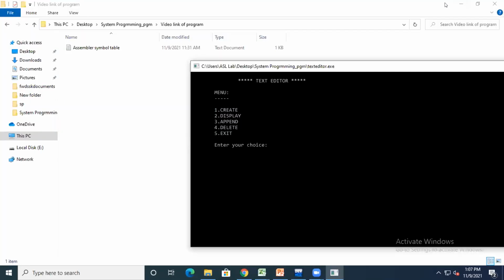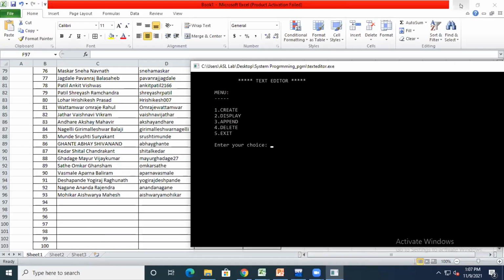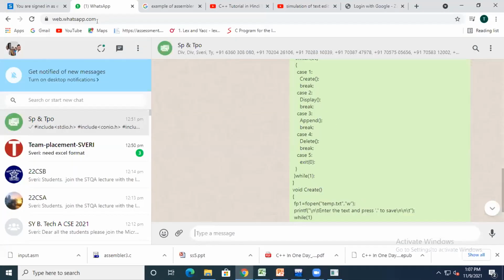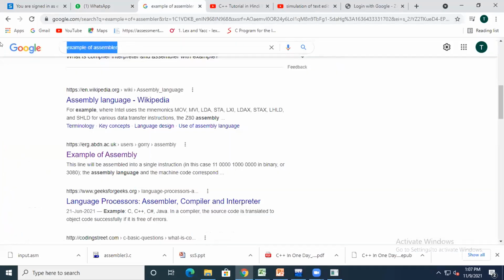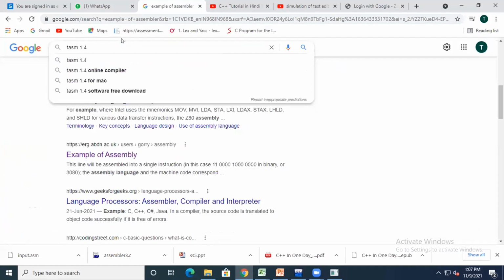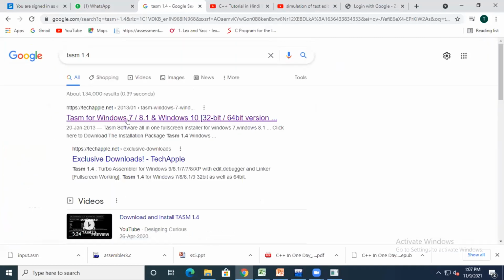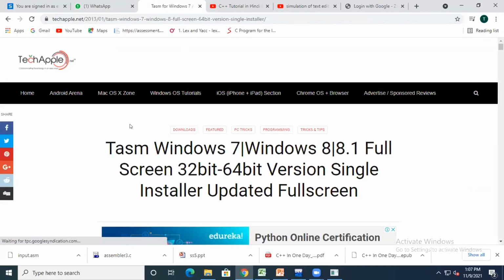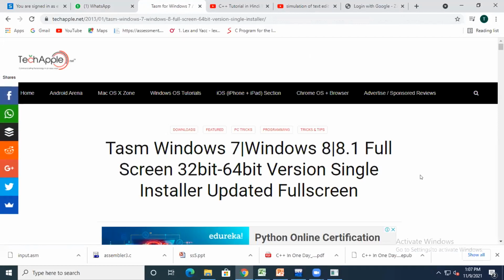Just wait. Is it visible? Okay, you have to write here TASM 1.4. You can download it from here, that is takeapple.net. Can anybody tell me what the TASM is used for?